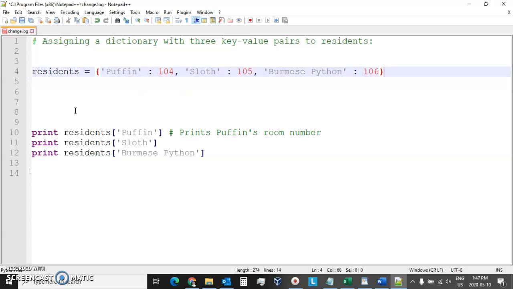So in this section, what we're doing is we are printing out a key value for sloth, and we can see that the sloth pair right there, its key value is 105, and Burmese python, so the key value is 106. So to print it out, you specify the name of the dictionary and in brackets what you are looking